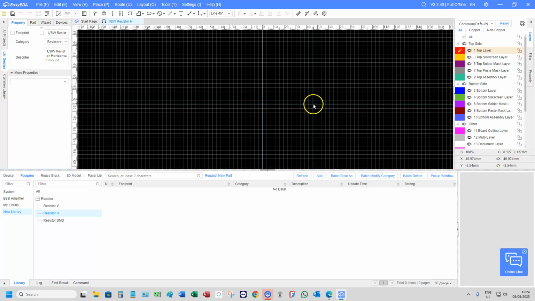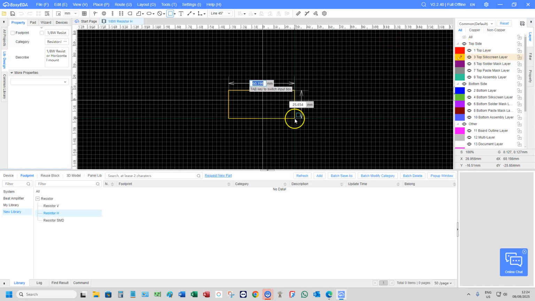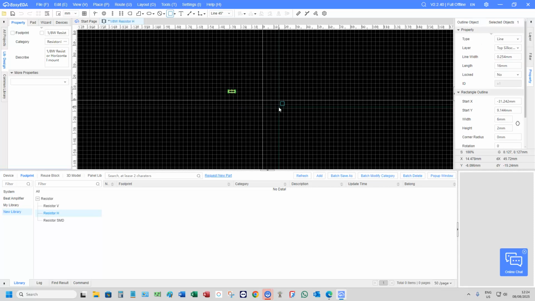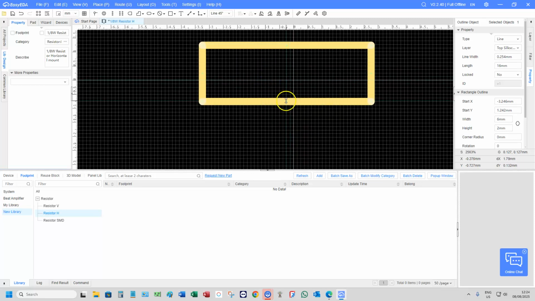We could be smart and make little curved ends for this thing and all the rest of it, but it is after all a silk screen we're putting on here, so we're just going to go down here and we're going to go rectangle, and we'll make the rectangle, and it will be 6 millimeters long, and it will be 2 millimeters high. So now right click, and then we can move this into the center,